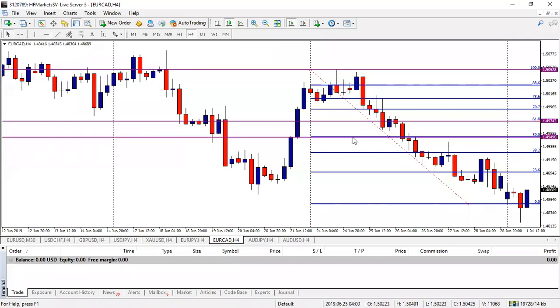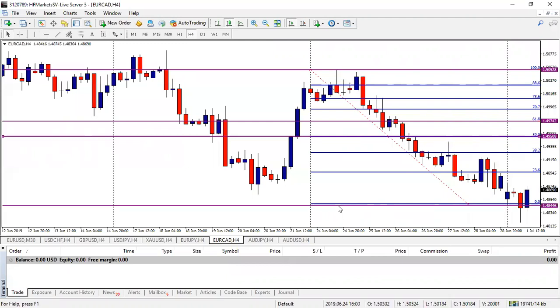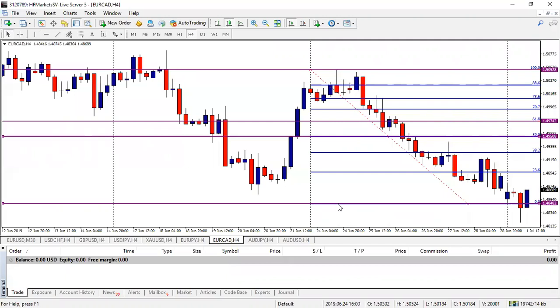All right, so I'll go ahead to mark my PRZ zones. They are very, very important. And then even after marking them, you can just go ahead and delete your fib if you don't want your chart to look too complicated for you to interpret and understand. All right, so this is a sell market,